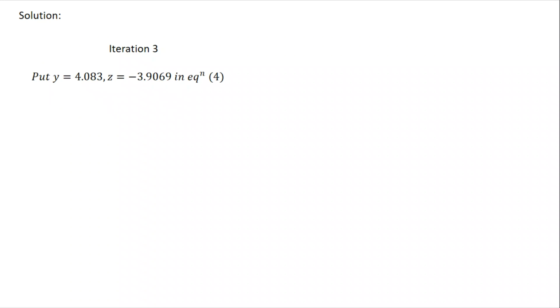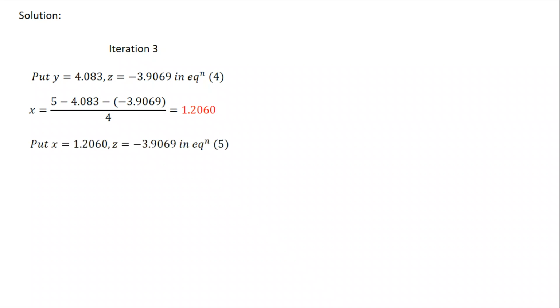Iteration 3 becomes: put the values of y and z from iteration 2 in equation number 4. So equation 4 becomes 5 minus 4.083 minus 3.9069 upon 4 is equal to, after simplification, we get 1.2060. Then put this iteration 3 x value and the z value from iteration 2 in equation 5. Then equation 5 becomes 19 minus 2 into minus 3.9069 minus 1.2060 upon 6 is equal to